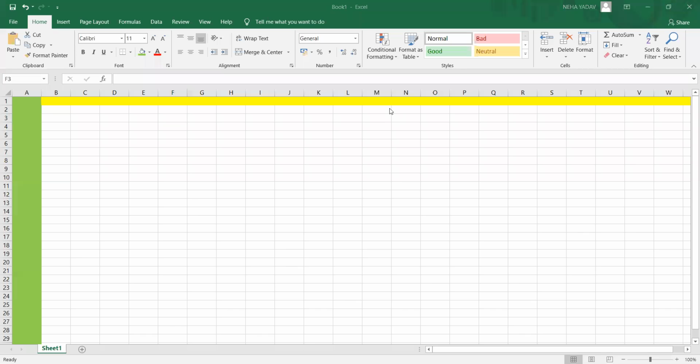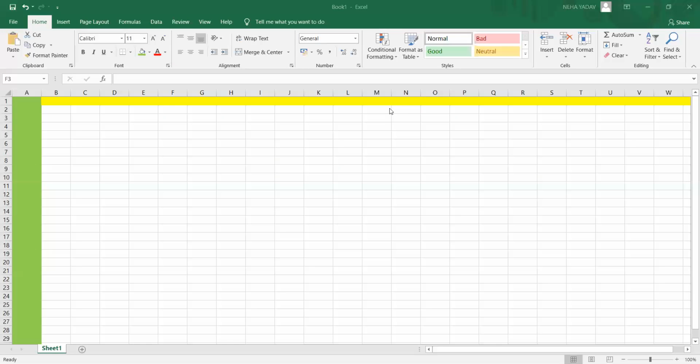Now let us discuss a few features of this software, that is Excel. Formulas are mainly used to perform simple and complex mathematical calculations. Functions are the built-in formulas used for calculating percentage, interest, average, minimum, maximum, sum. All these kinds of operations can be carried out. Let me clarify one thing: we have two main terms, one is your function and another one is your formula.